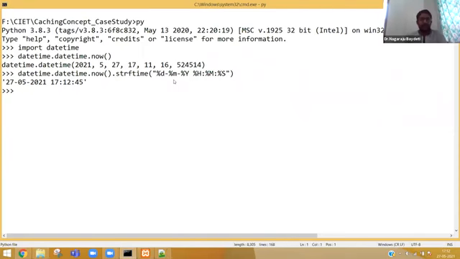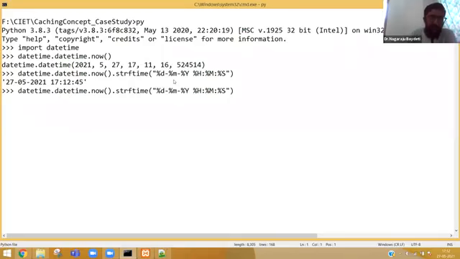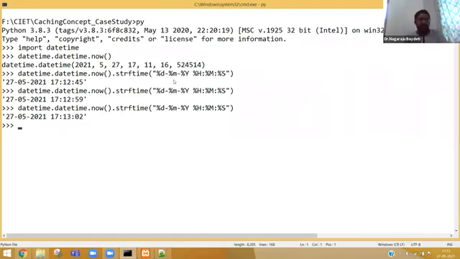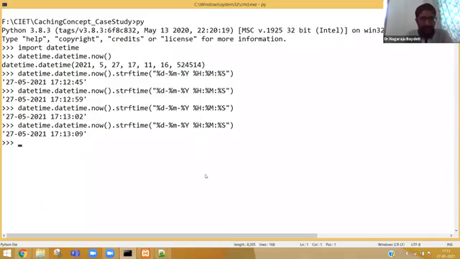Everybody see here, the same date, the format is coming as 27th May 2021. I don't want milliseconds. 5:12:45 seconds. Again, if you execute, you can see the number of seconds has changed. Now you see 5:13. It started with 5:12, 45th second, 59th second. Now I believe everybody is able to understand this line.